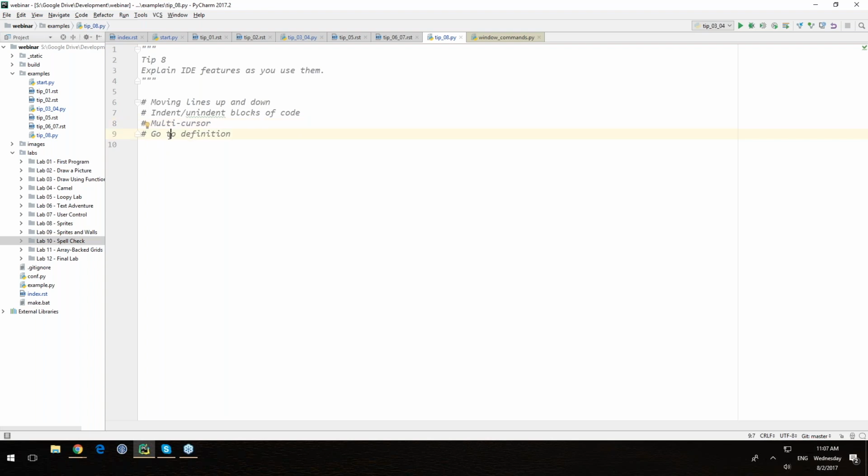Same as going to the definition or popping up the docs, those types of things. Basically, even when you're looking over their shoulder, mentioning, hey, you can hit the Shift Alt and move your lines up and down type of thing.